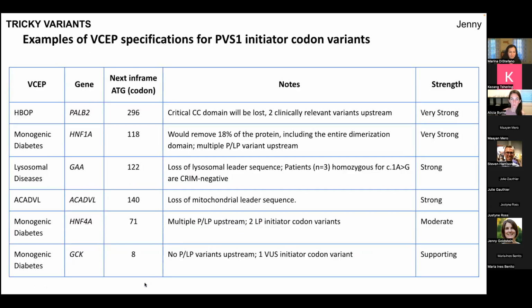So I did look at a few different specifications for PVS1 for initiator or start codon variants from the CSpec. Of course, this is a fabulous source. Hopefully, you've all been into the CSpec and you can see other people's specifications for groups that have been approved. So these are just a few examples. But again, these groups have looked at what is the next in-frame ATG codon, and what area of the protein would be lost, or how much of the N-terminus is lost, and what is in that N-terminus. For example, for LMNA and HNF1A, both of these groups have specified PVS1 at very strong, because so much of the protein is lost and there are critical domains in there, and there are also clinically relevant variants upstream of